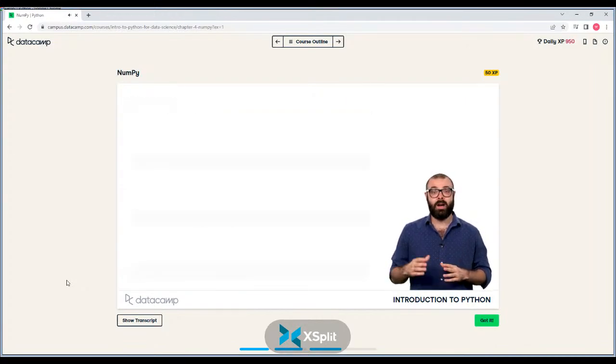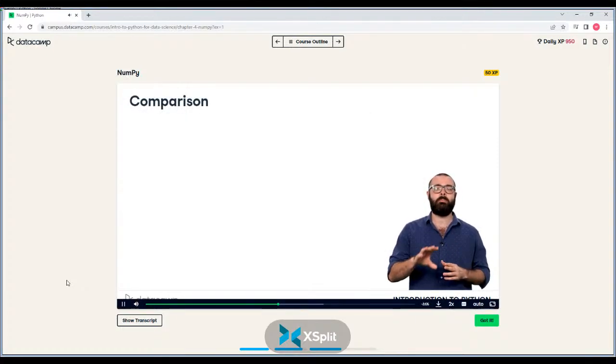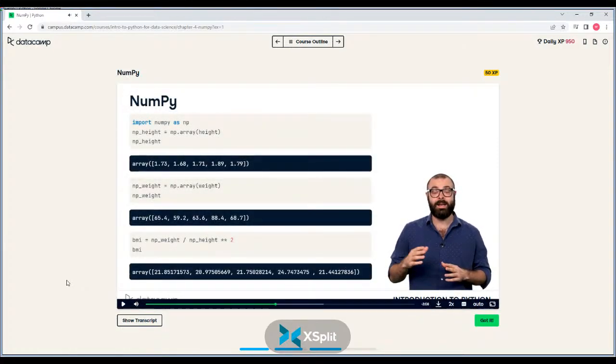Let's do a quick comparison of height and weight. My brain. Oh my goodness. np_